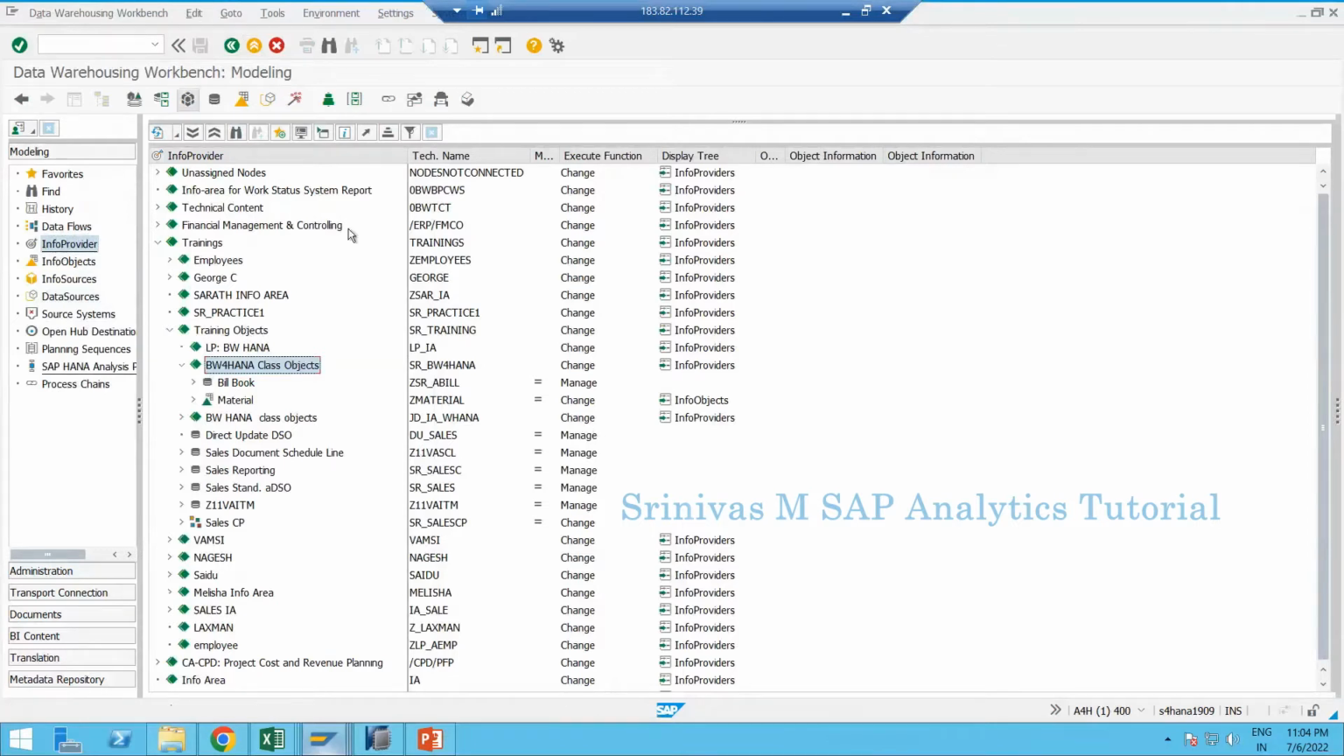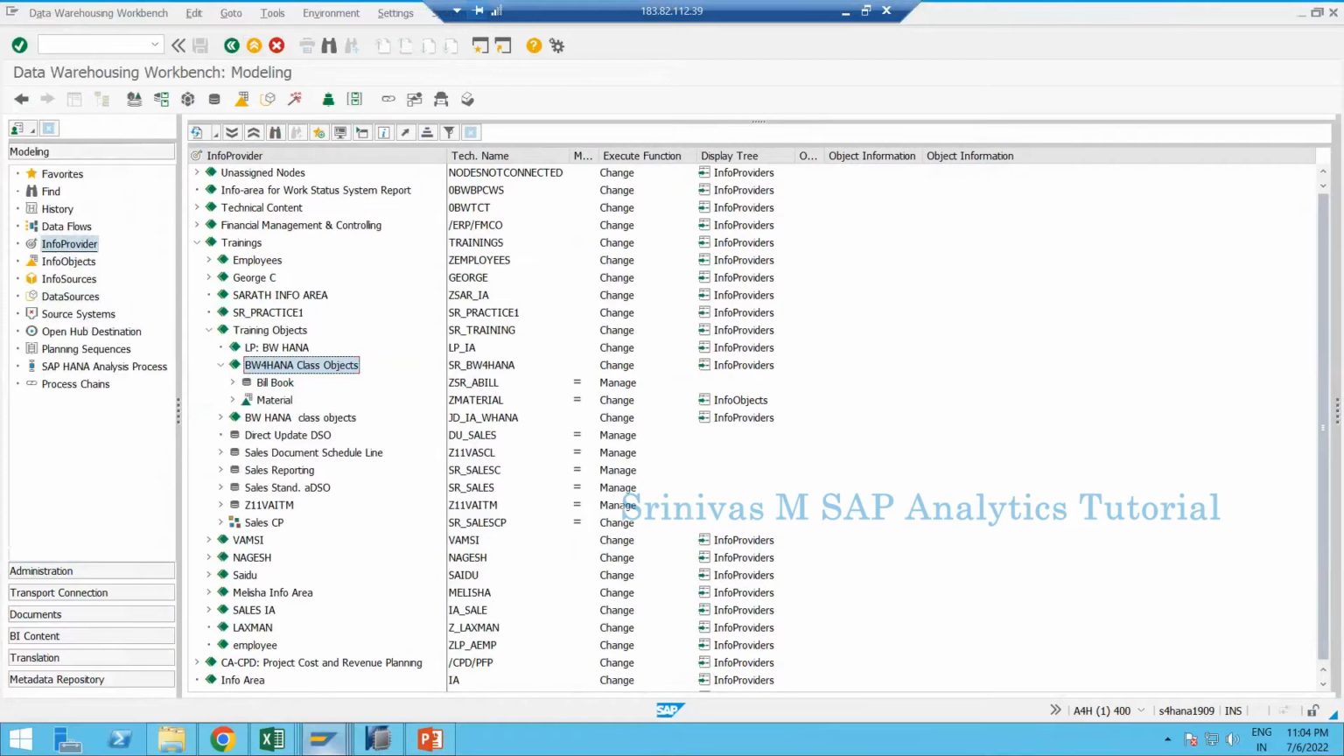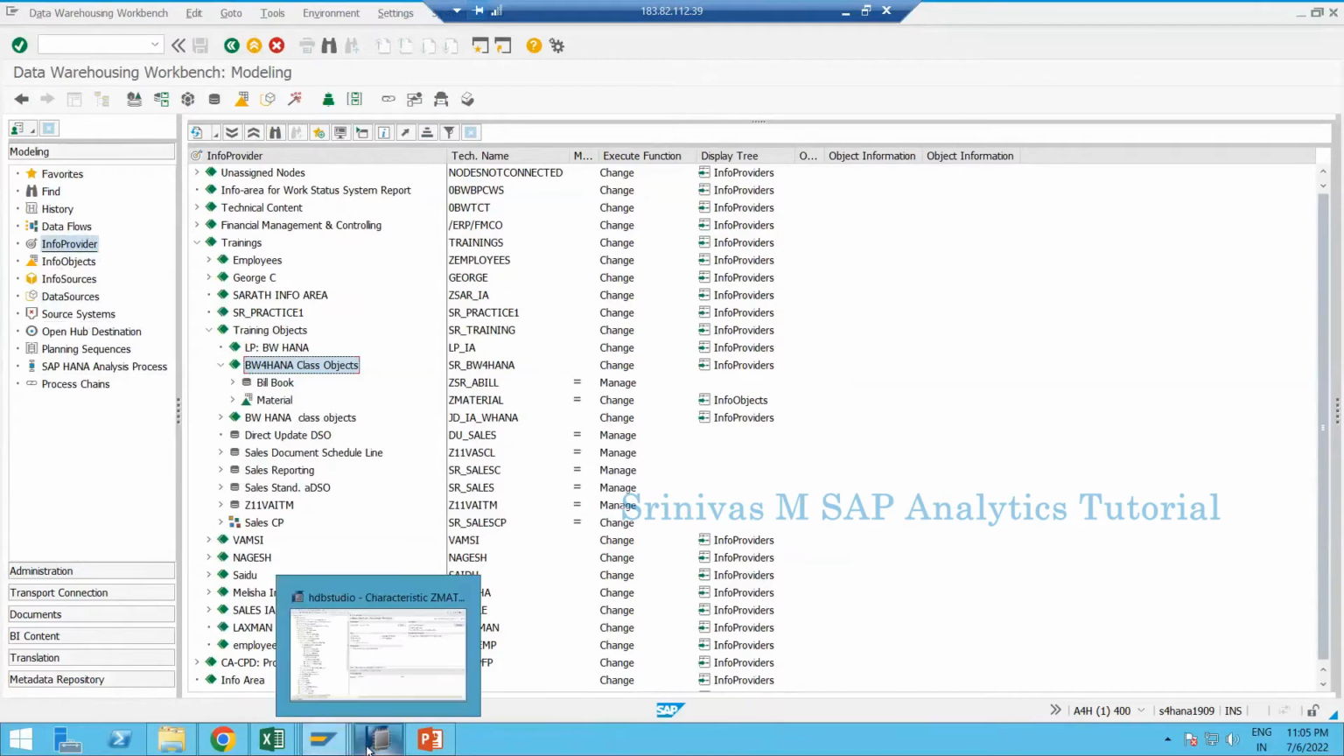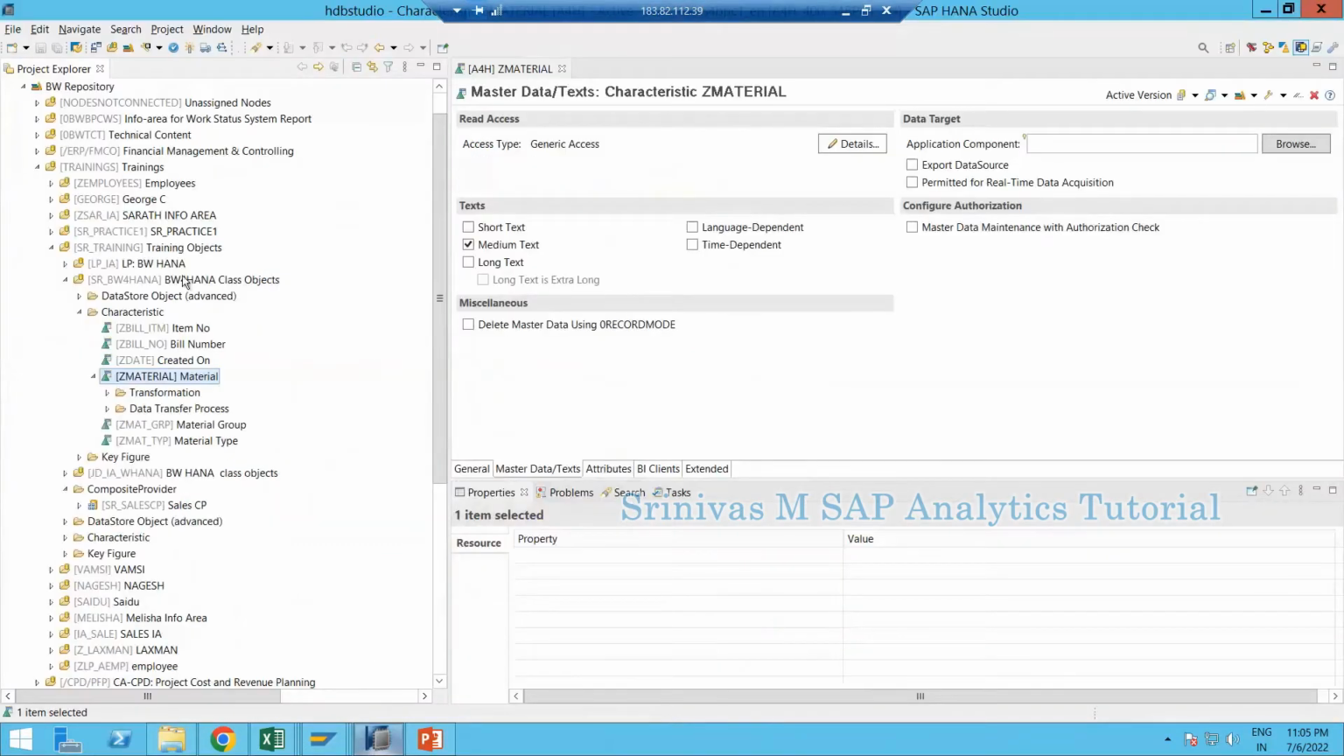Okay, it is totally changed in BW4 HANA. Only on BW on HANA can you see the screen in this manner, but on BW4 HANA it was completely changed. You don't have this info provider, info object section at all in the BW4 HANA system. Everything must be done from the HANA Studio only. Info object creation, transformation, DTP, even this flat file data source creation also must be done from the HANA Studio